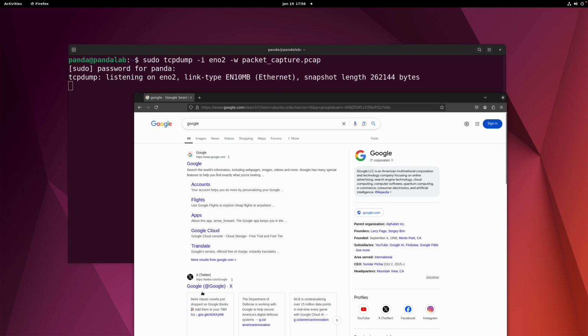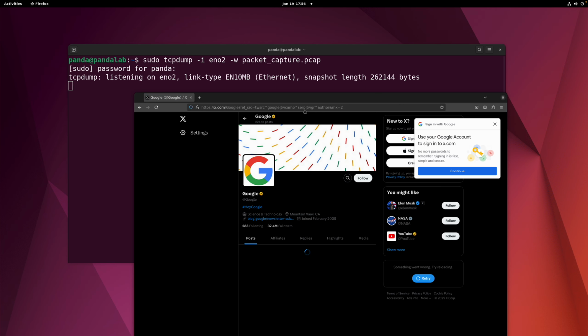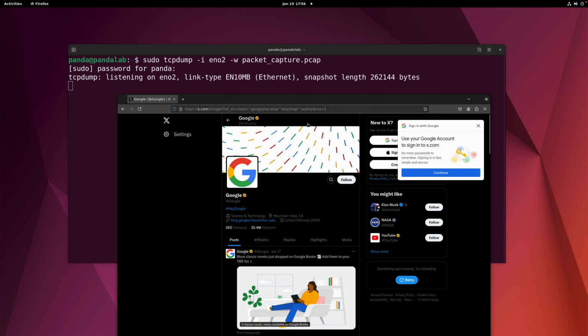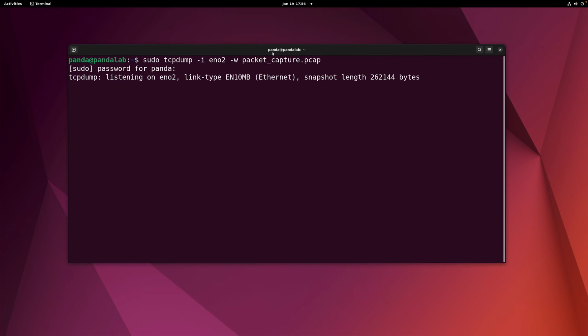You can go to any other site, like Twitter. Okay, see, so as you keep interacting or generating traffic, you can see how this number is going up. Okay, so for example, you can go here, right? Okay, so let's close this,